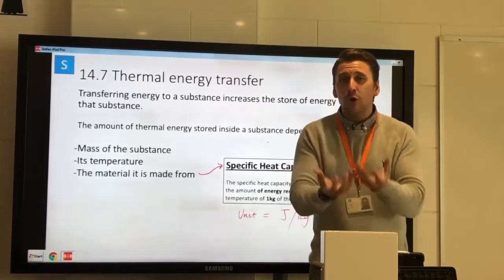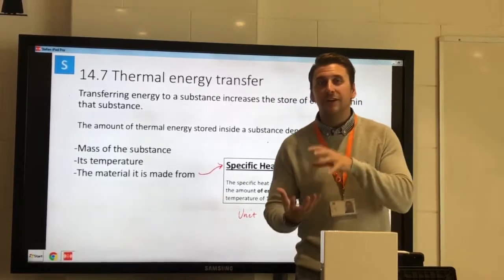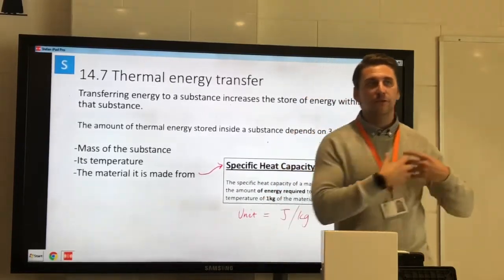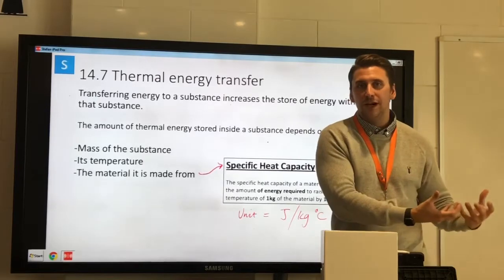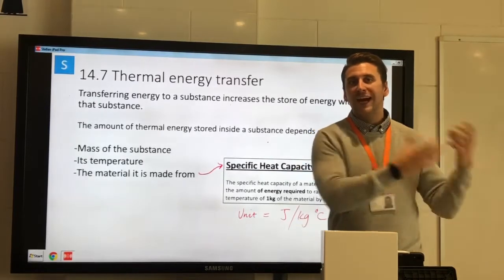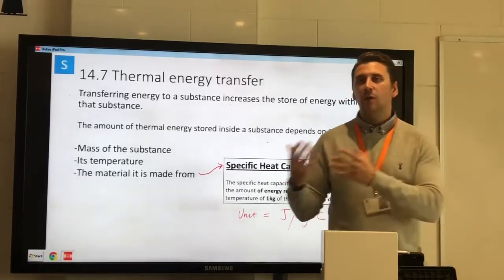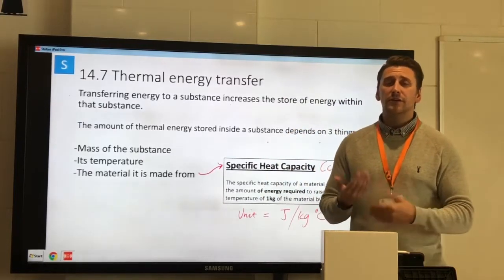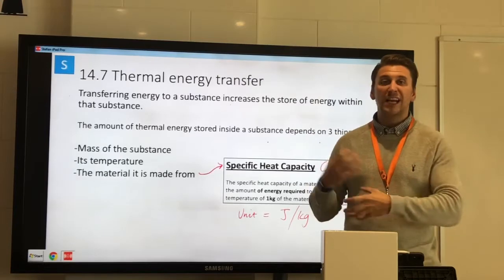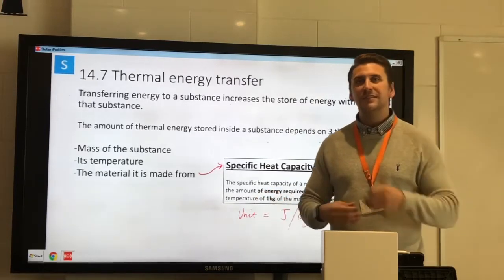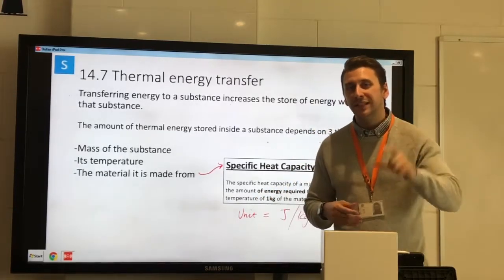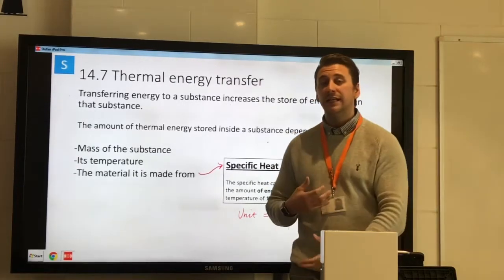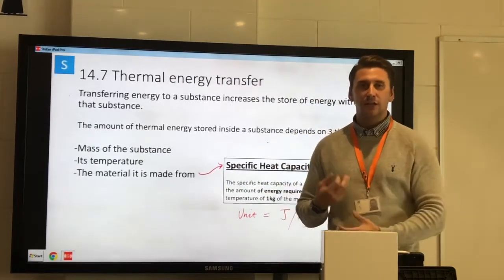If it requires more energy to change 1 kilogram by 1 degree Celsius, let's say for water it's 4,200, but for gold it takes a lot more energy per kilogram, then that has a higher specific heat capacity and water has a lower one. Alright? It works in the reverse way as well. So for example, you could say how much energy is released by this substance if the temperature drops by 1 degree Celsius for 1 kilogram. So it can be heated, or the heat can actually be transferred out and it can lose that thermal energy as well.